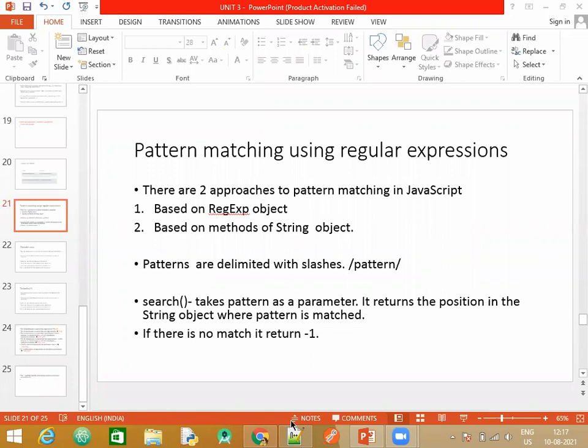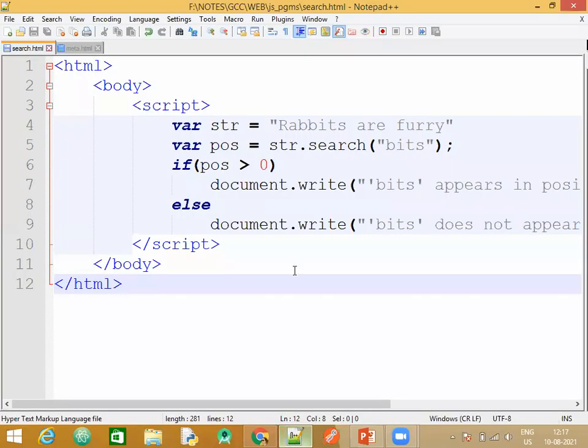One small example, I have a small code snippet here. Have a look here, one string variable, and the string that it is storing is rabbits are furry. Now, what I am trying to do here, observe just this string dot search. What does str contain? Str contains this string, correct? So I am trying to search in that particular string for bits.